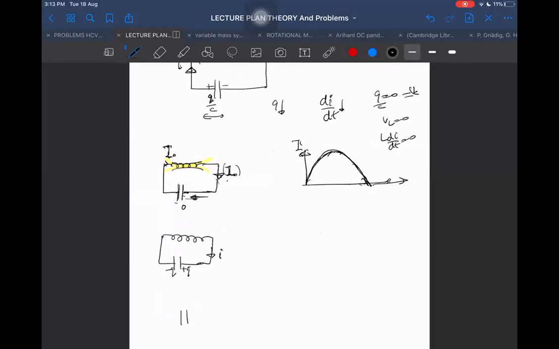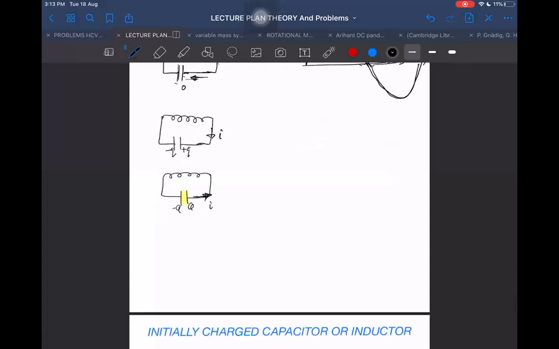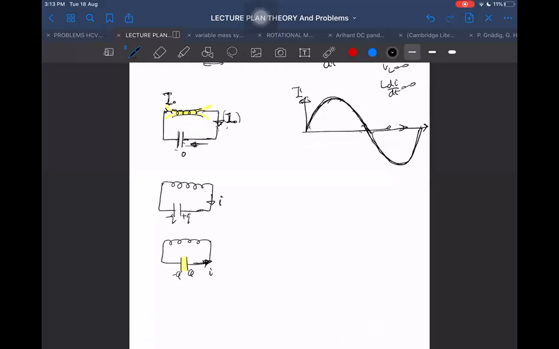When the current becomes 0, the capacitor becomes fully charged. As it was having the initial charge, that charge it acquires again. This is the energy stored right now in the capacitor. When it acquires that fully complete charge, what happens after that? It will start getting discharged in the opposite direction, and it will try to send current in the opposite direction. Then the same thing will happen on the opposite side. So it is like an oscillation. Current is increasing, then decreasing, then increasing, and then decreasing, and it keeps on repeating like that indefinitely. If R is 0, it will keep on happening indefinitely like that only. Is it understood?